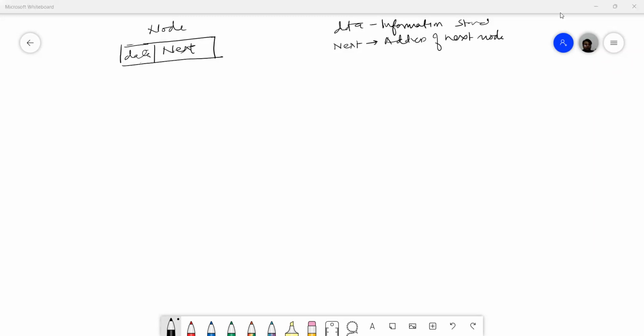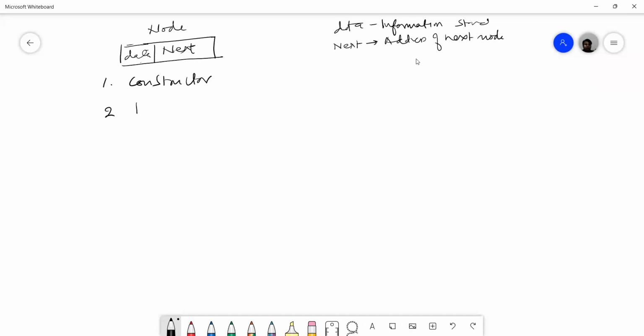Okay. So first of all, we'll need a constructor that will initialize, and we'll need to know what data is stored. Let's write it one by one. So first we require a constructor,